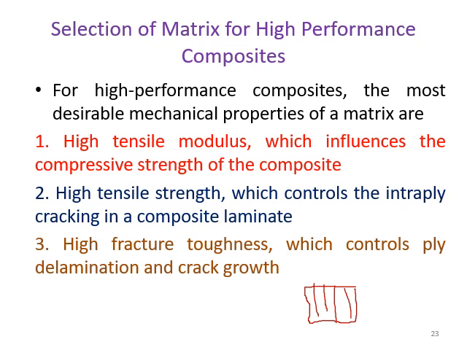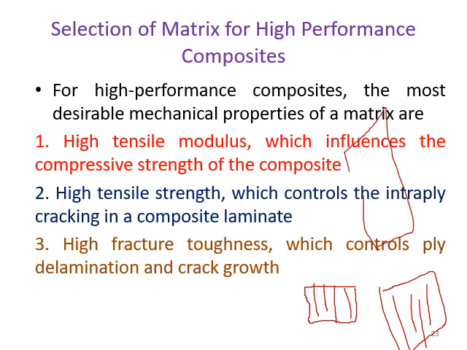So that is called an intraply. In the same lamina, if you are using different fibers, then it is called an intraply. But in different laminas, if you are using different fibers, like if one lamina is entirely made of carbon fibers, and there is another lamina which is completely made of glass fibers, and if you put this glass fiber lamina on top of the carbon fiber lamina, and consolidate it to form a single laminate, then that is an interply laminate, right?